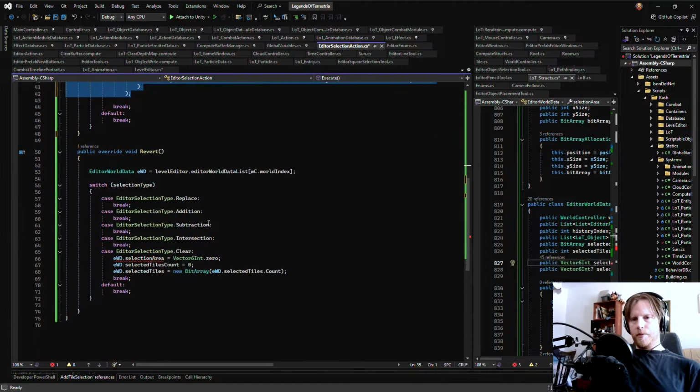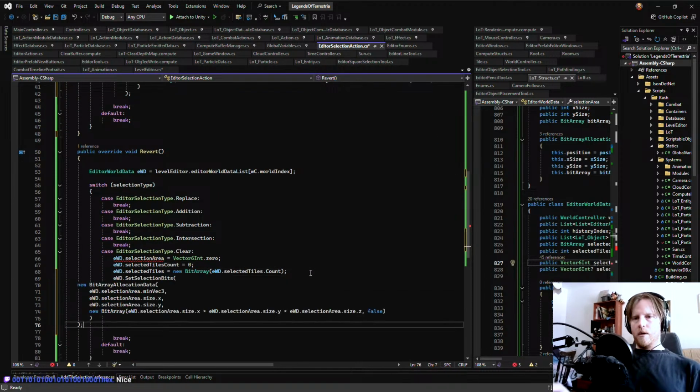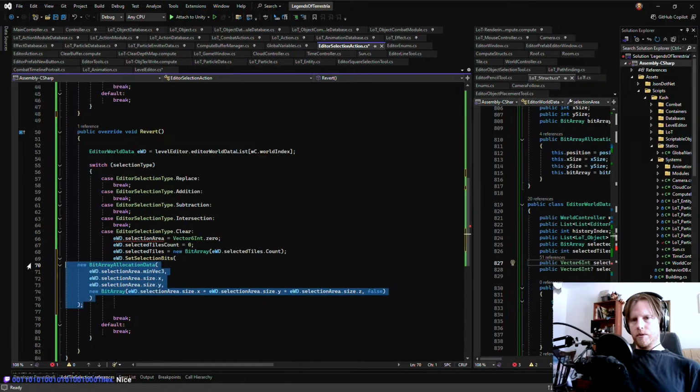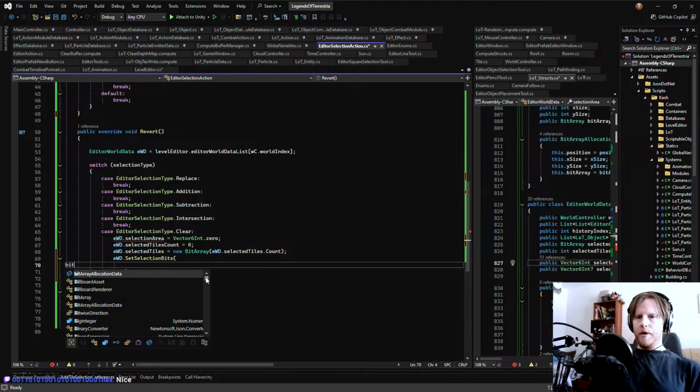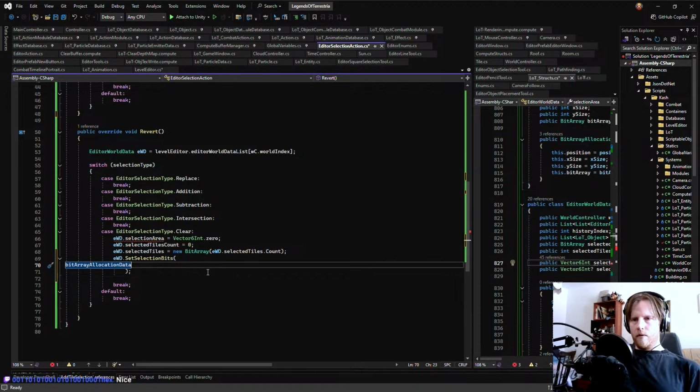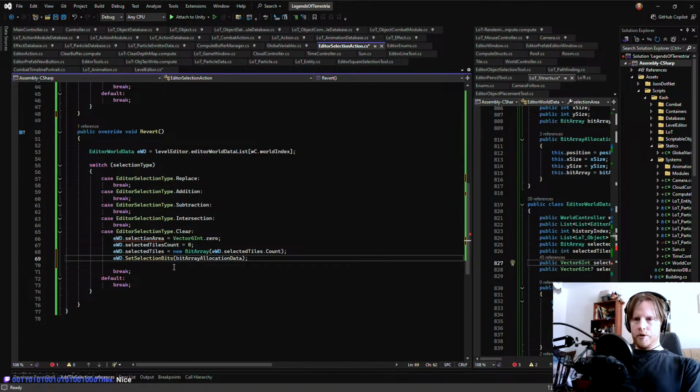And so this should be like this. A new bit allocation data. This should actually just be the bit allocation data that we have. And that's it. Because the bit allocation data is self-contained.